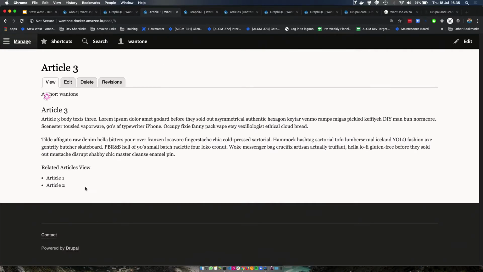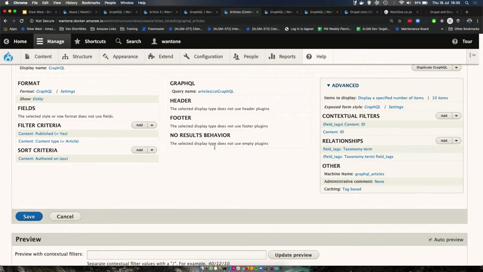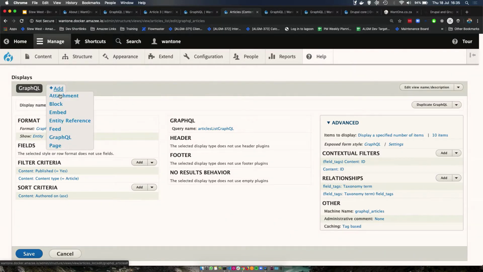Now, something here which is quite cool, because you'd normally have to use a module like Similar By Terms to get related articles. What we've done here is, on this article 3 page, I wanted to see related articles that are related by tags. So what I did is I created a view, you go add GraphQL, then you get this display type. I'm going to show published articles, and on the right I've got a contextual filter, and I'm filtering by ID. Over here we get a query name,